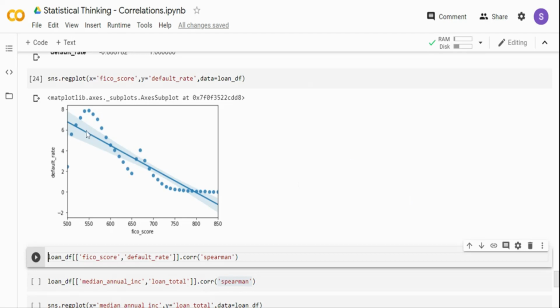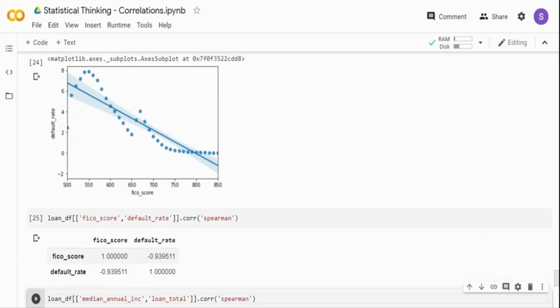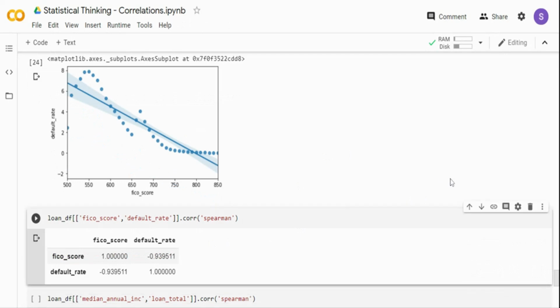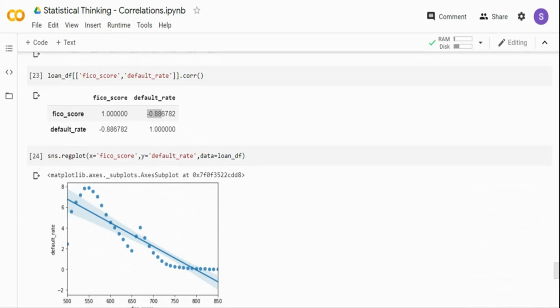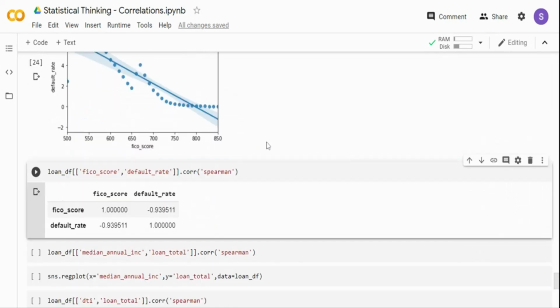So even though the relationship is showing as linear, when you plot it, it's actually not completely linear. The next thing we are going to see is the FICO score and the default rate. It's the same thing that we have been seeing here, but I did a Pearson correlation here and you are seeing negative 0.88, and then I am doing a Spearman correlation which is showing 0.93, which indicates an even stronger relationship. And that's what I said, Spearman correlation is better at modeling your monotonic relationship. So that is a huge difference, 0.88 to 0.93.